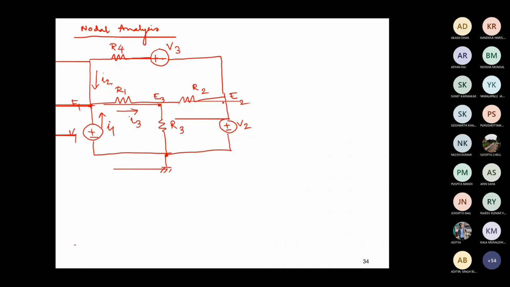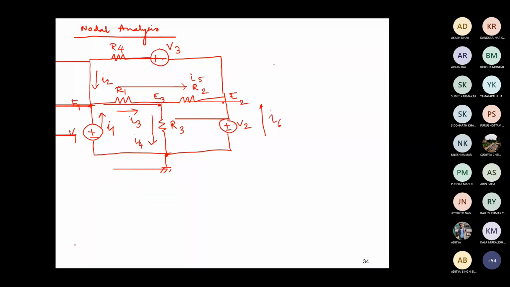So first we'll draw the current through it. One will assume in this way, I1 from this source, I2 from V3, and then that is passing through R1. Because I1 plus I2 we have to take I3. If you wish, you can take I3 in the other direction, no harm in it, because when you solve it, ultimately you will get the proper direction. Then it is I4, then I5 from E3, not from here. So E3 to E2, there is I5, and then maybe from V2 towards E2, there is I6, in that way.